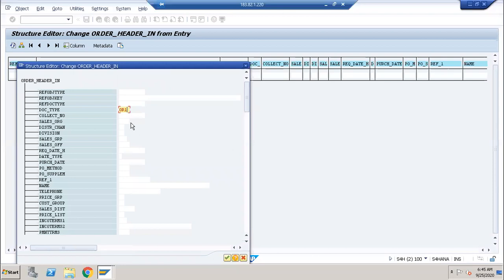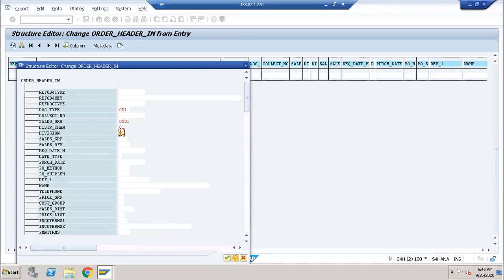And after that, sales organization: I am providing 0001, distribution channel 01, and division 01. The same data that I took in the VA01 transaction, I am filling here in the header tab.